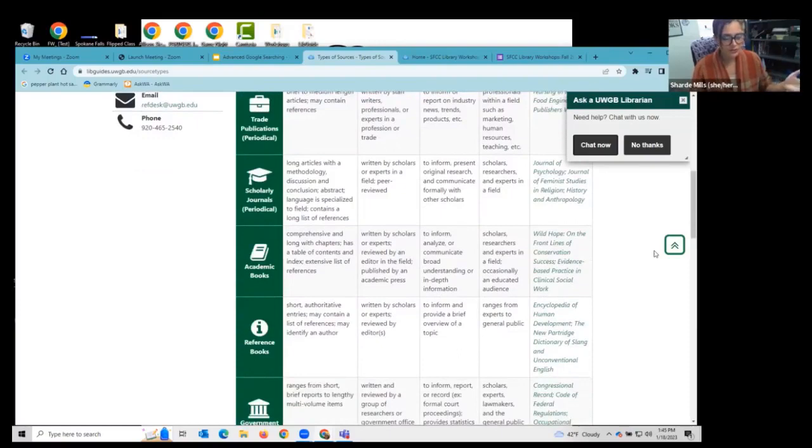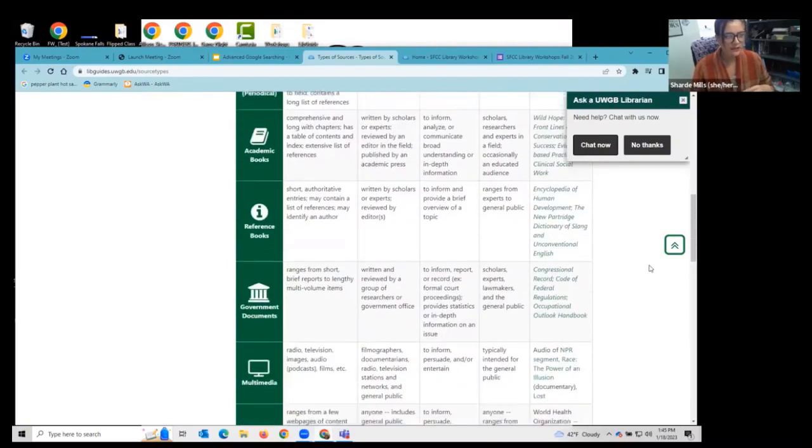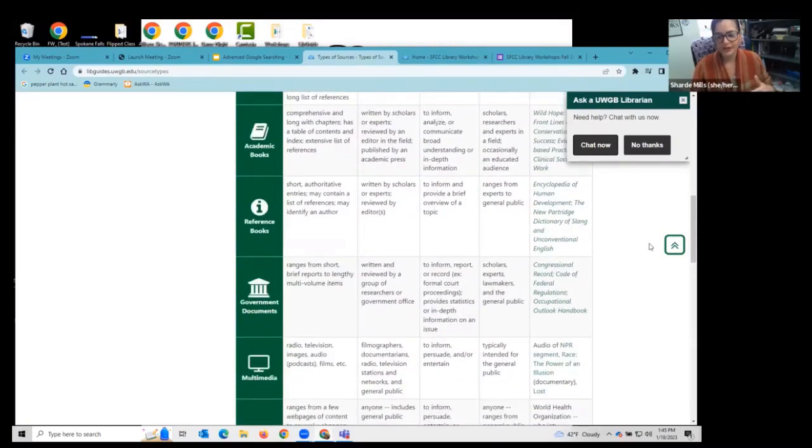There are scholarly journals, which I am going to encourage you to go to our scholarly Google workshop next week. We'll go into that in more detail, searching for scholarly articles using Google more specifically. But these are written by experts. They go through the peer review process, and there's certainly something that you can access online, but usually you need to go behind a paywall to access this type of content. And then, of course, we have books. I mean, you can use our resources of the library, like the Spokane Public Library, to access books.